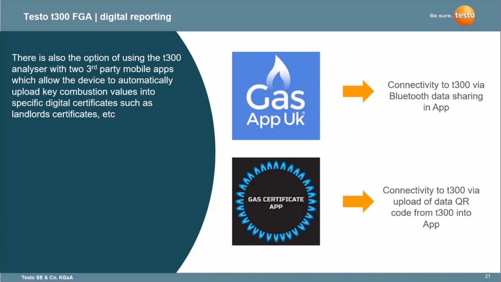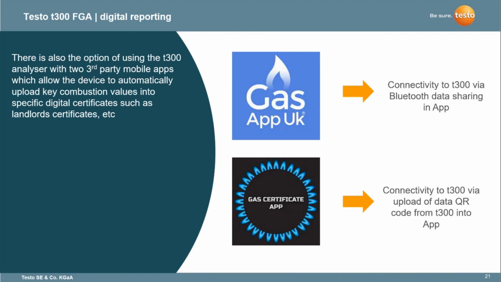And we've also just completed work with the Gas Certificate app, where they've gone a slightly different aspect. The 300 has a function to upload the data via a QR code into their app. But this is really something we've been working towards for a while. It's actually getting the device to talk to other third-party apps, where typically these guys are doing specific digital certificates